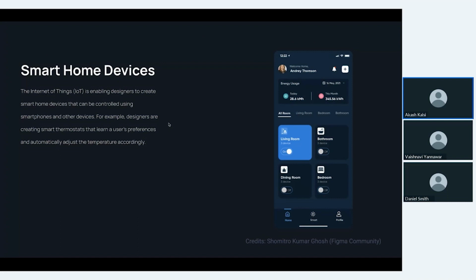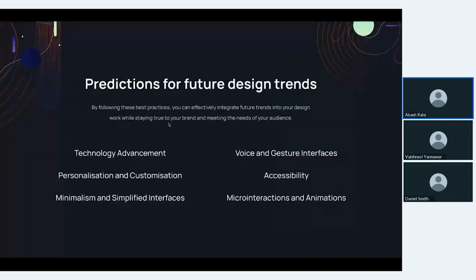Okay, so let's move to the final topic from my side, which is the future of UI UX design. The first one should be technology advancements, the ones we talked about already a lot: artificial intelligence, VR, and AR.